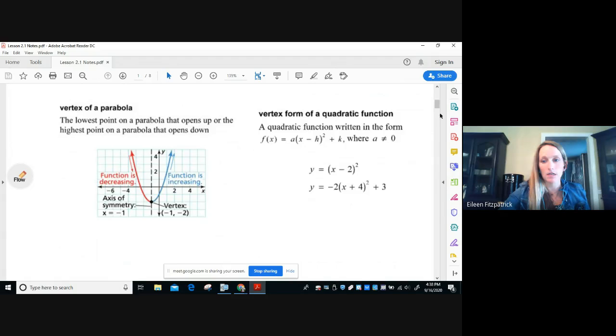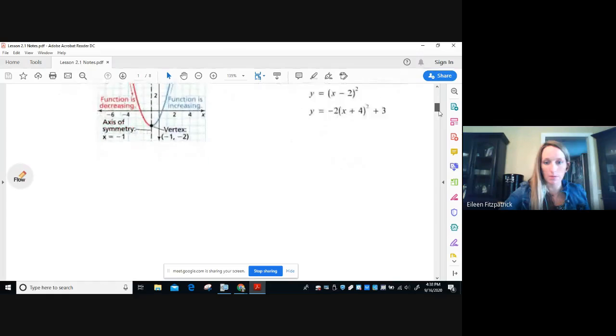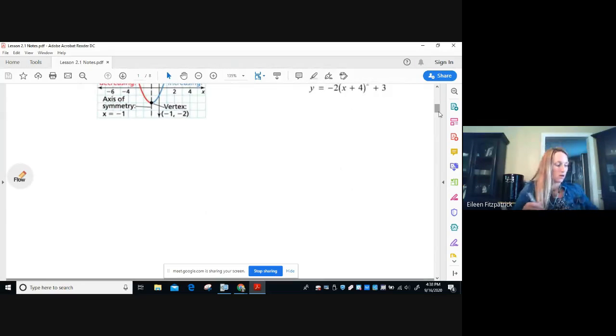Finally, as I said, we're going to be studying vertex form in this lesson. It says vertex form of a quadratic function is written in the form f of x equals a times the quantity x minus h squared plus k, and a cannot equal 0. So the important things to note here, and I'm going to write on the bottom of the paper, when you're in vertex form, so again, that is,